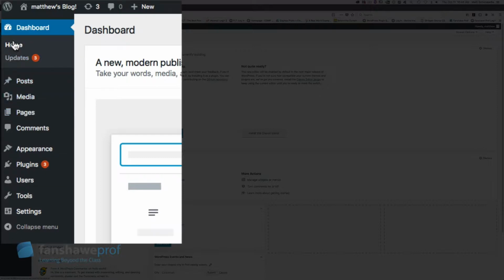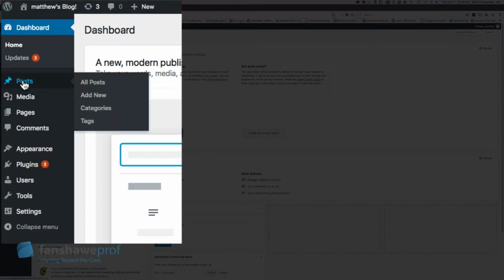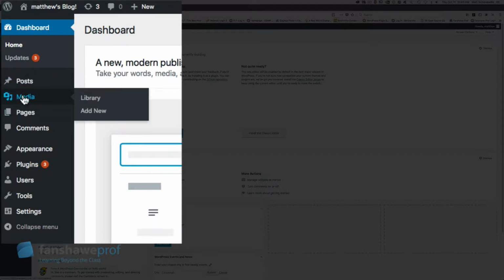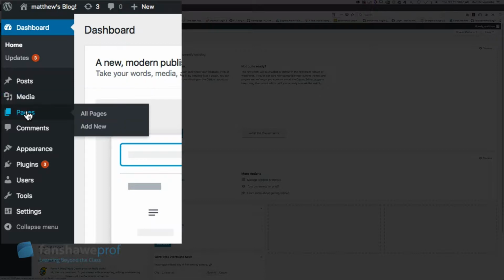One is home, which brings you back to this main page. You also have posts, which are your blog posts. You've got media, which is any media that you upload to your website, so let's say images, videos, content that way. You've got pages where you'd create and store all your web pages. You've got comments. So remember, WordPress is technically a blogging website to a degree, and your web pages can have